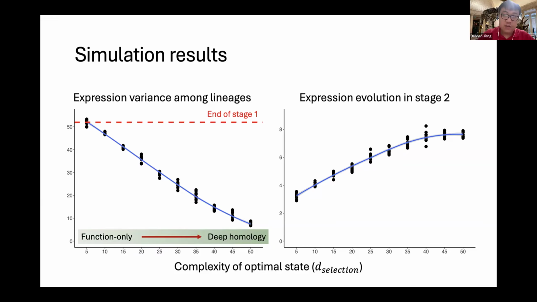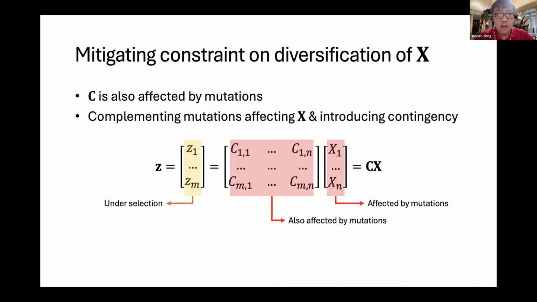In all these simulations, the C matrix, or the phenotypic effect of regulators, remained constant over time. So what if this part can also evolve? If the C matrix can evolve, then different lineages have a different system to solve, and the solution space would be different. So we would expect different lineages to evolve more different solutions.